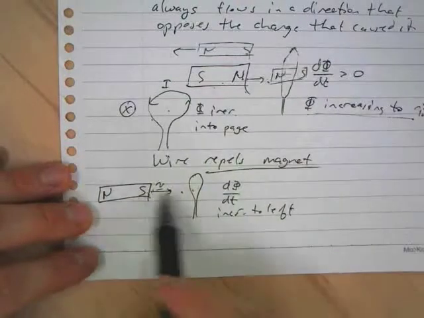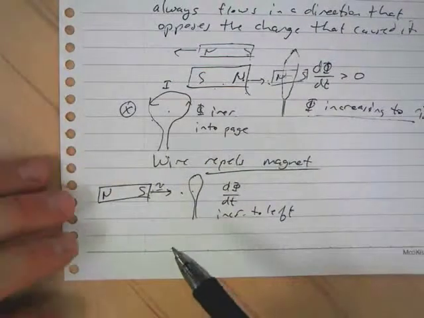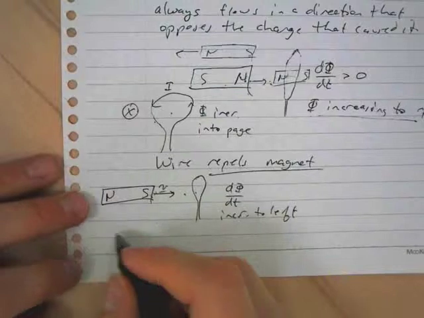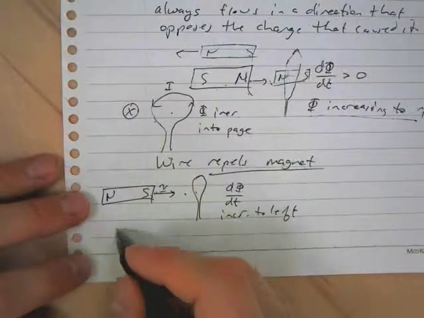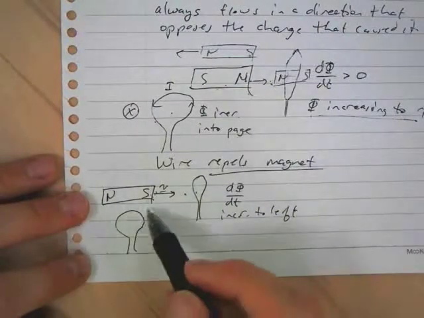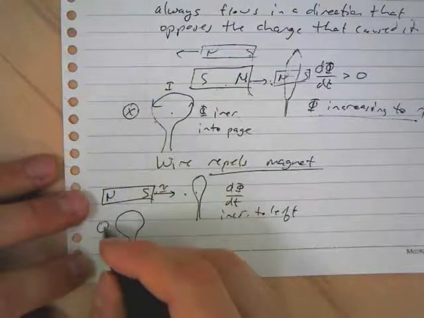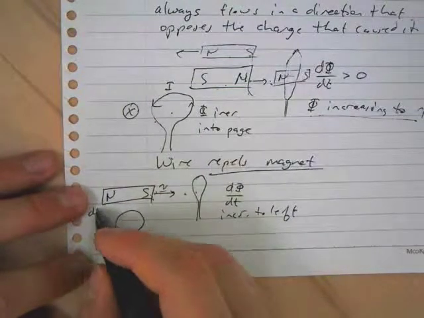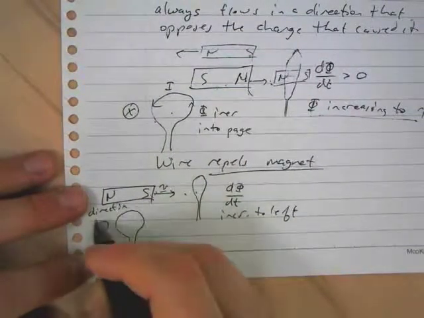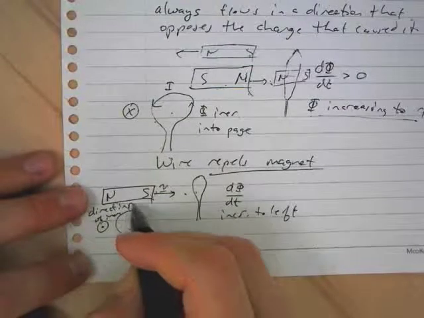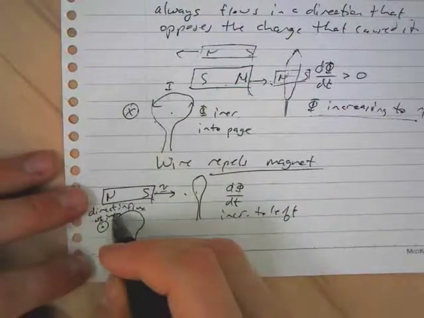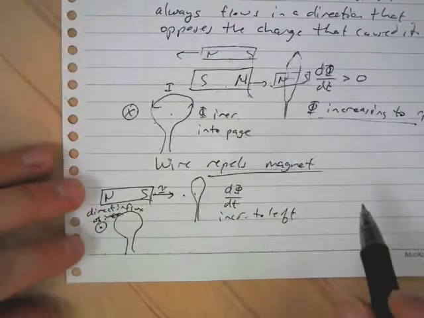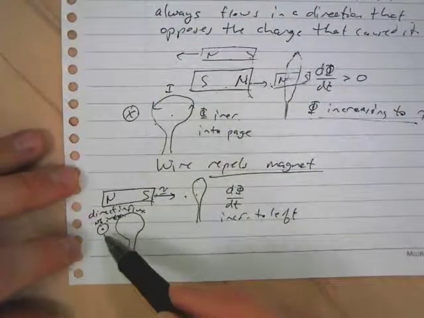There's more flux pointing through the loop toward the left. So the direction of increasing flux then is the opposite direction it was before. Out of the page, if I draw it sideways, is the direction of increasing flux. That doesn't look like increasing, but you heard me say it, so huzzah. The direction of increasing flux is out of the page,